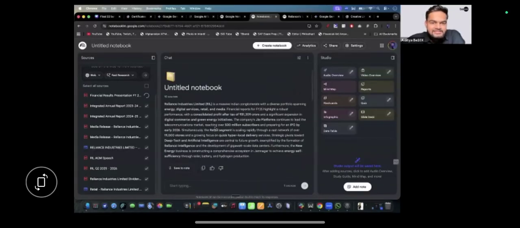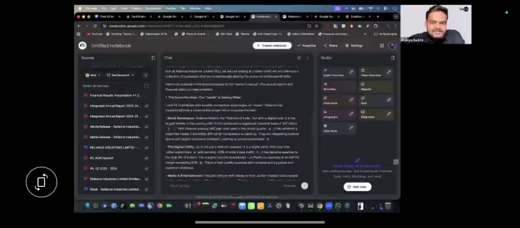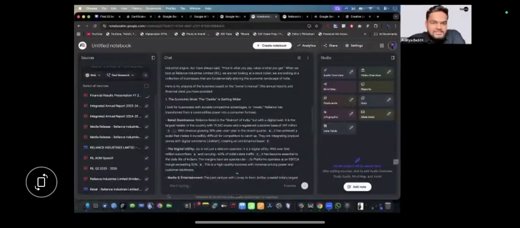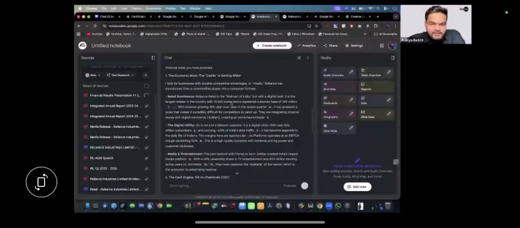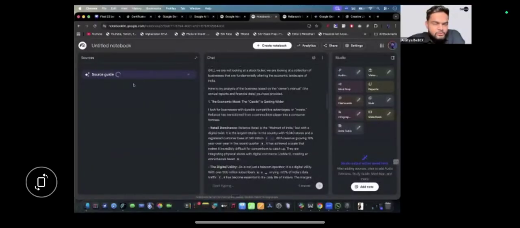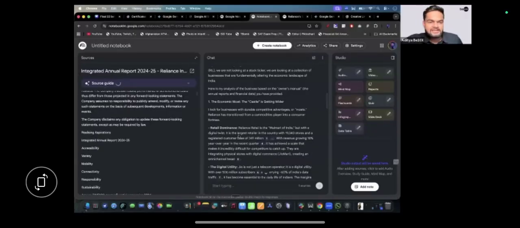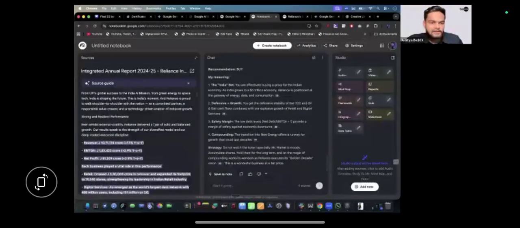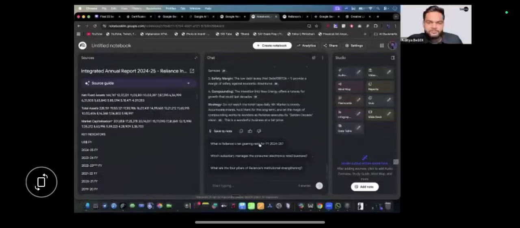You can see it has created the fundamental analysis of Reliance, and not only that, every single piece of data has a citation, right? If I just click on a citation, it will take me to the source. You can see the small numbers 1, 2, 3, 4. All of these are citations. Who is absolutely mind blown?